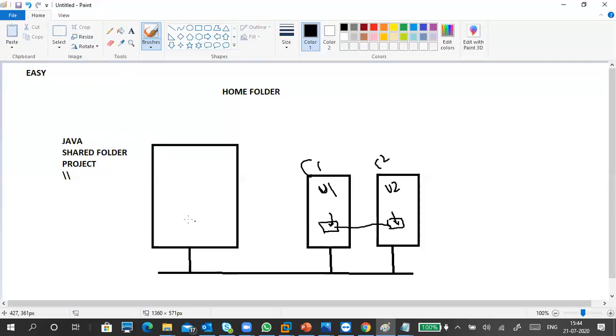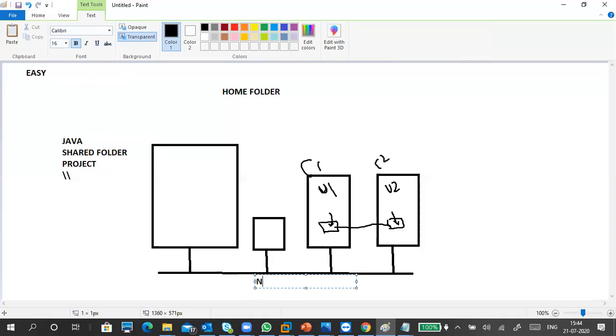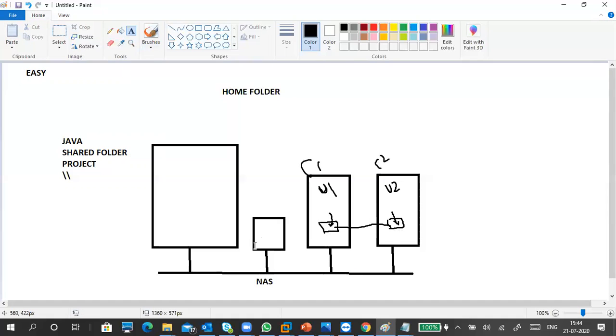So where do I want to keep this folder? I will keep it in a central storage, normally. Like NAS, network attached storage, is a central storage. I am going to create this folder in it and share it. And I link it to users, user 1 and user 2. So whenever these users log in, automatically the C drive, D drive, along with it, this drive also will be mounted.